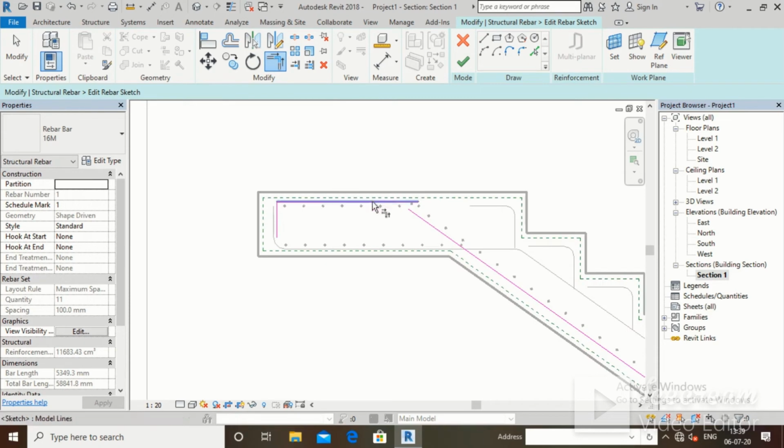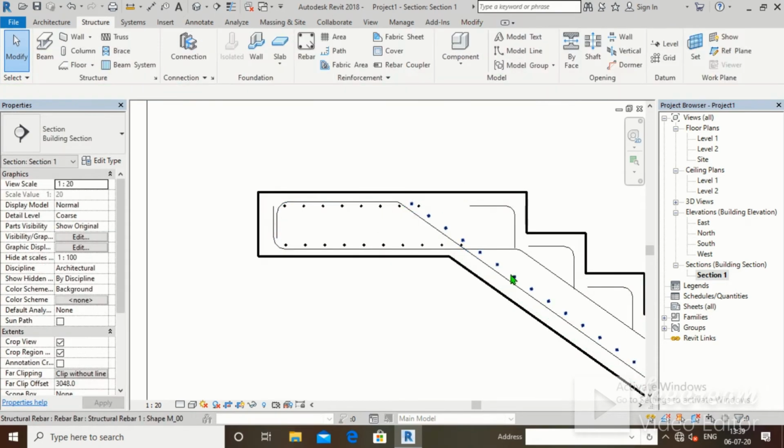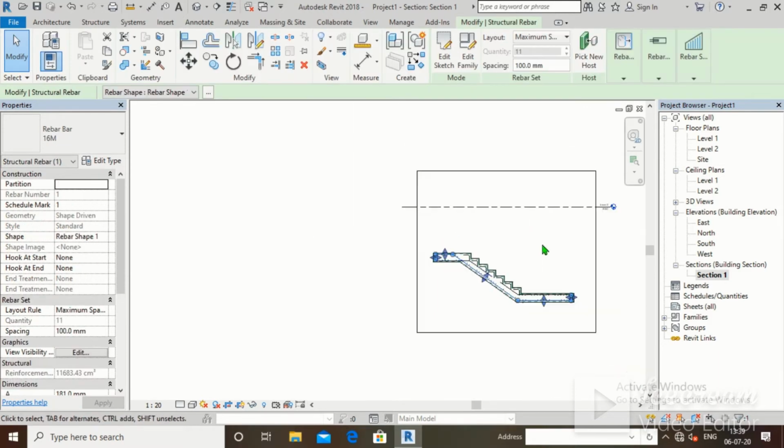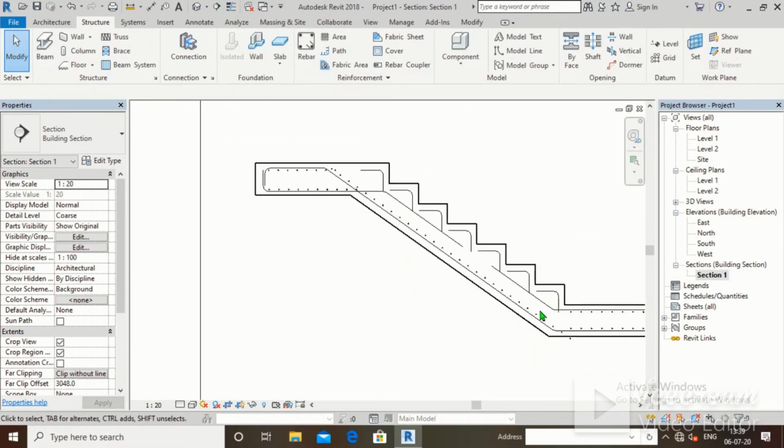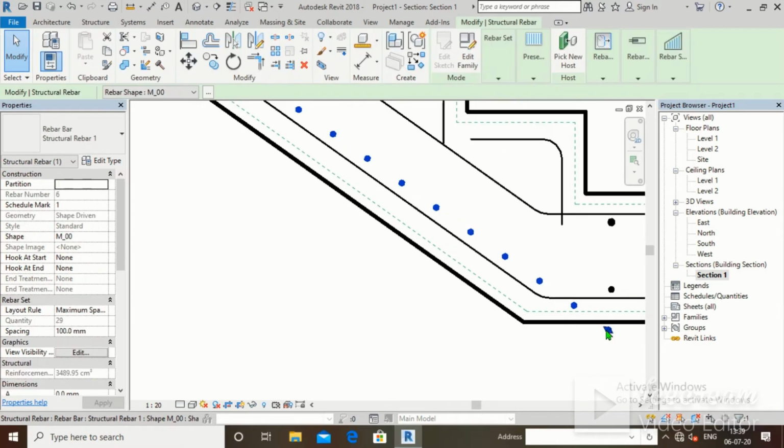Again we will use the trim command for this. This bar has been adjusted, even this bar. Last one bar is remaining. We will just move this. Make sure you move it in line, otherwise it will again get.